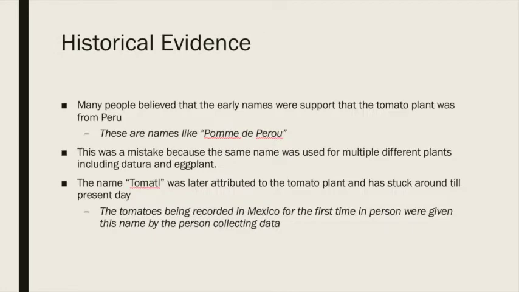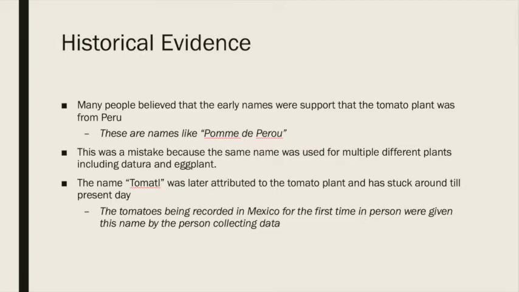Multiple early scientists agreed that the tomato originated in Peru due to the assumption that the name given to the tomato meant that it was from Peru. One of the early names was Pome de Peru, and there were many names given to the tomato throughout these times, and the assumption that they could be relied upon for determining the origin